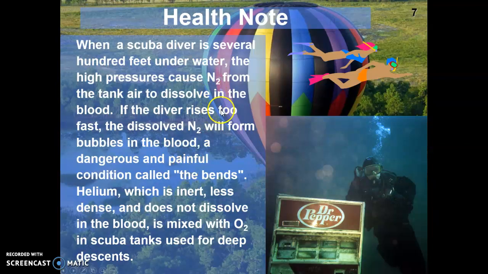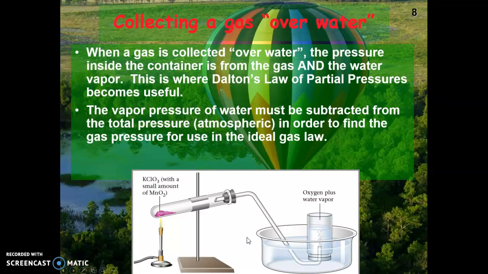Alright, if you've ever learned anything about scuba diving, you might know that when you do really deep dives, the nitrogen can actually dissolve in your bloodstream, and then when you come up you start to get bubbles of nitrogen in your blood, which is a condition known as the bends. So when you do really deep dives, they use helium instead, which is not as able to dissolve in your blood, which also probably gets really expensive. But anyways,